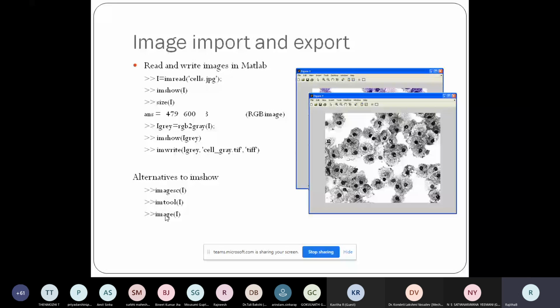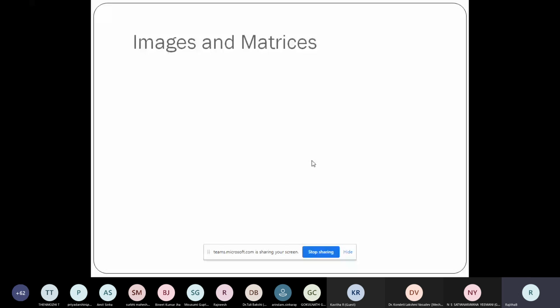If I want to display multiple images in the same figure, then you need to go for subplots. Divide the figure into rows and columns, then you can display multiple images in it. That can be done using the subplot function of MATLAB. Whoever is interested can Google it, and you will get all the help in the MATLAB toolbox itself.